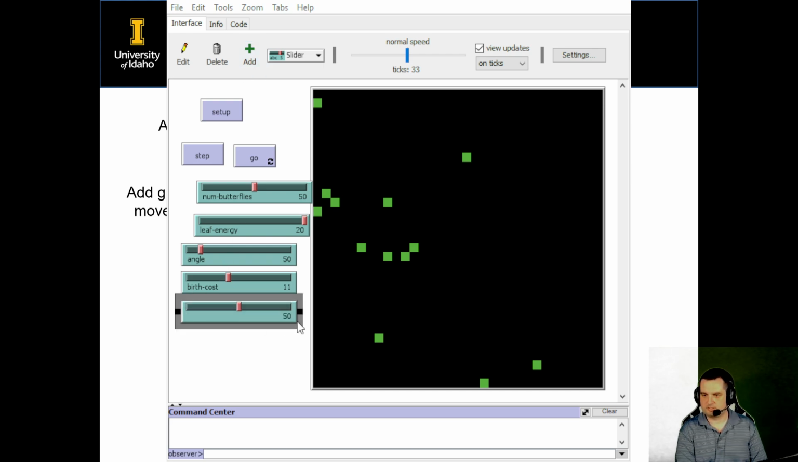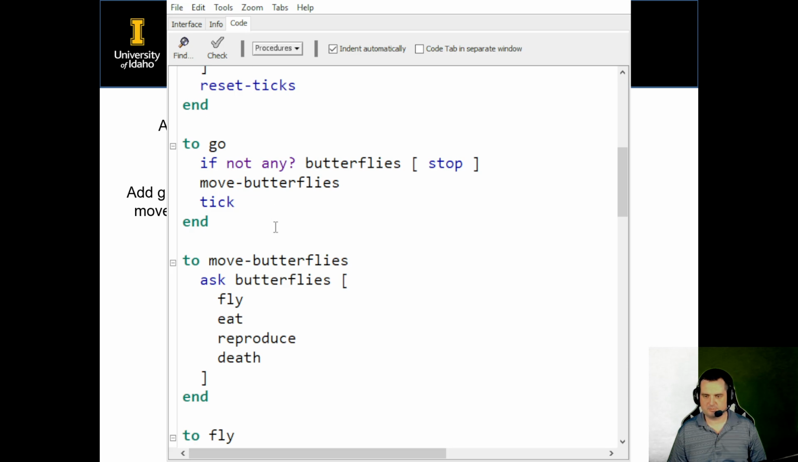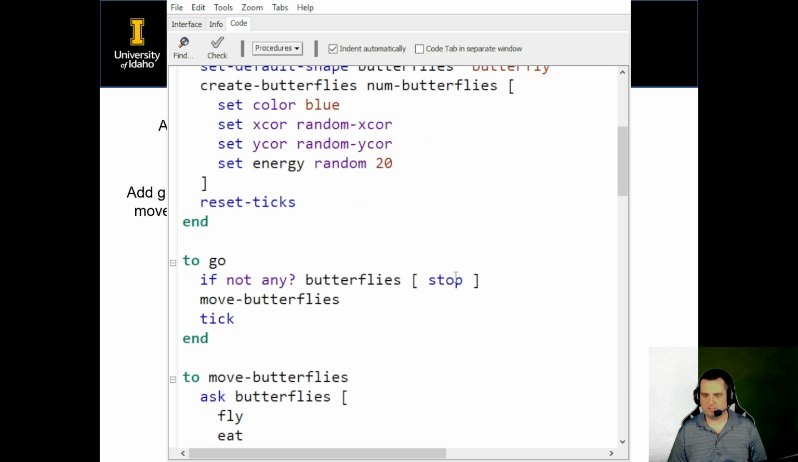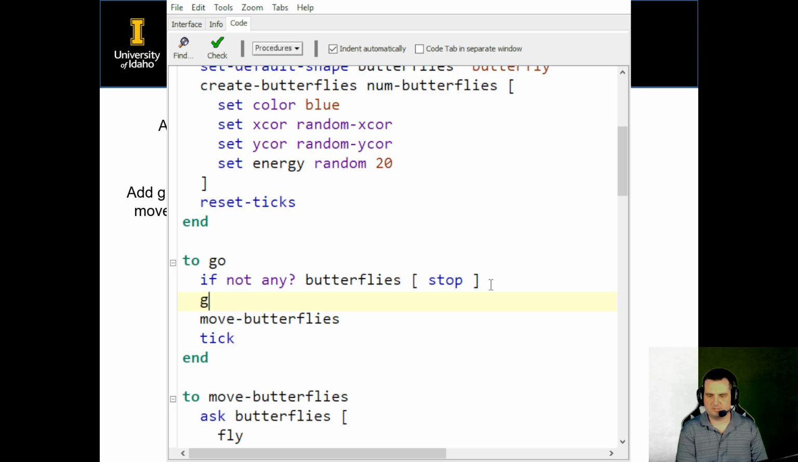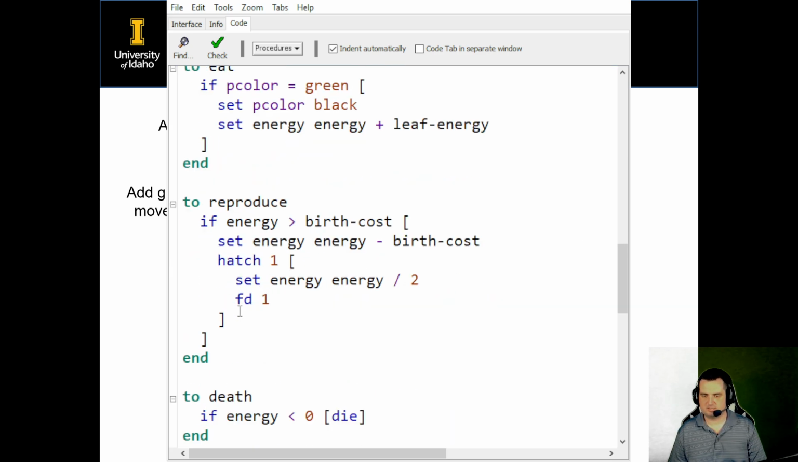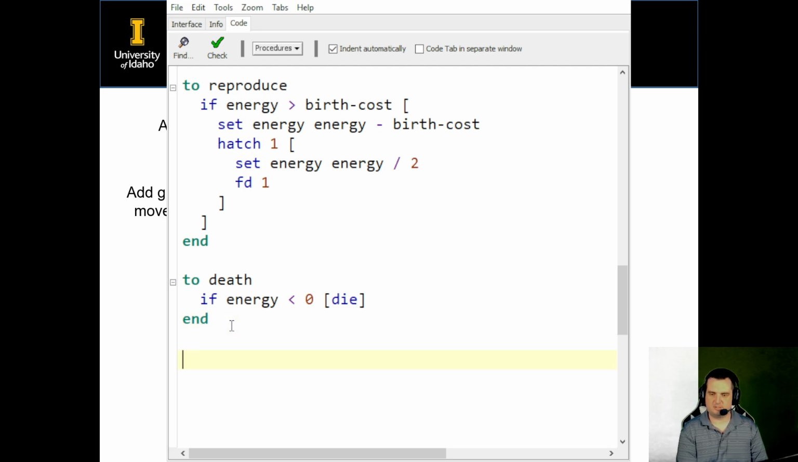And we're going to call this our leaf grow rate. And you can't see that until I click OK. It goes from 0 to 100. I'm going to have it set as a default value of 50. Perfect. Then I'm going to go into my code, and I'm going to go to my Go. And right before my move butterflies, I'm going to do grow-leaves. Now that doesn't exist, so I'm going to scroll down. I'm going to say to grow